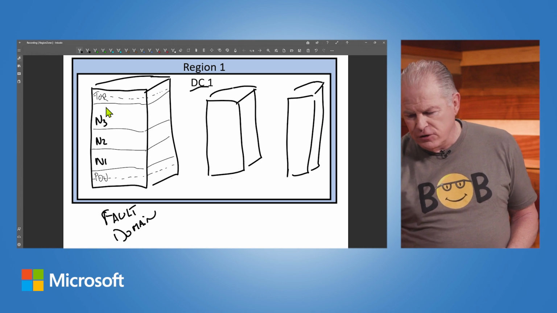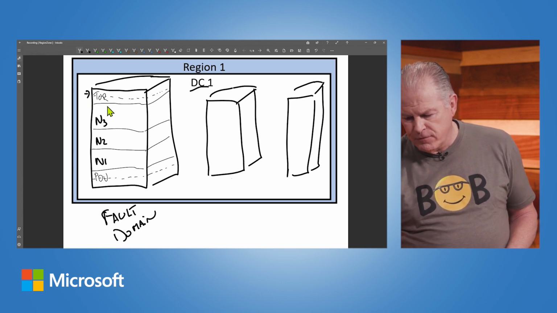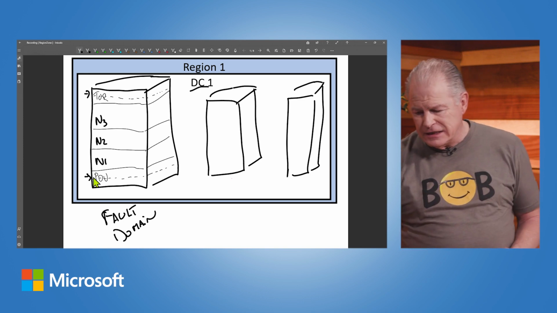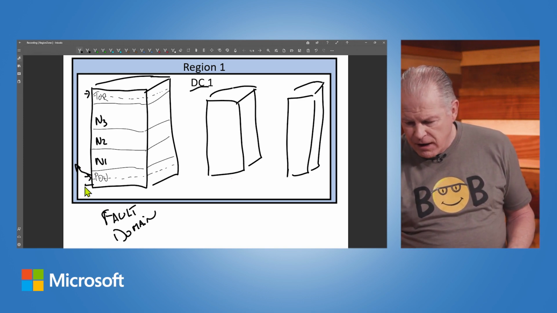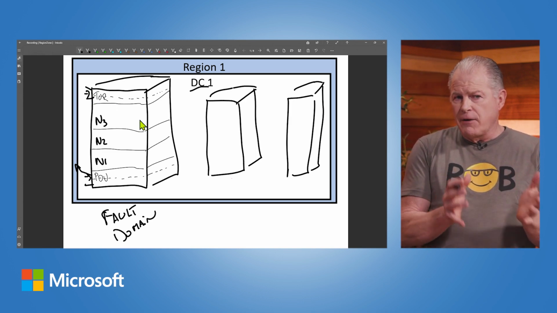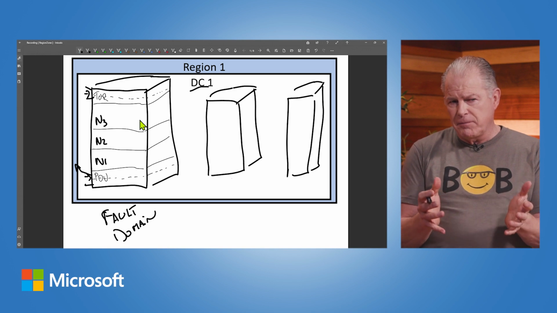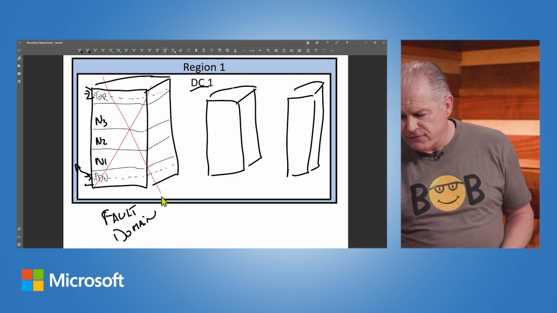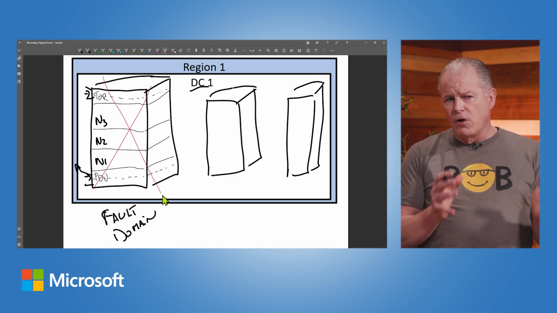And so this scale unit, we have a thing called a TOR, or top of rack switch, and a PDU, or power distribution unit. They are redundantly connected to separate power and internet connections. So this scale unit is connected networkly and power through redundant capabilities, but the scale unit itself becomes the fault domain. So all of the nodes that are in it.